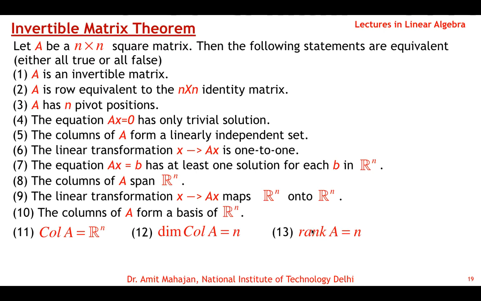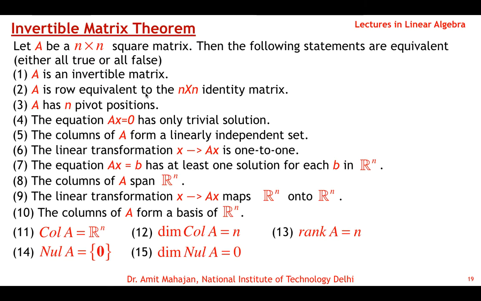The dimension of the row space of A will also be n, and the rank of A is also n, because rank equals the dimension of the column space of A. The null space of A contains only one vector, the zero vector, because the homogeneous system is always consistent, and here it has only the trivial solution, which is the zero solution. So the null space of A will contain vectors which satisfy this, only the trivial solution, that means only the zero vector is in this set. The dimension of the null space of A is 0. We said that any space containing only the zero vector is considered to have dimension 0.